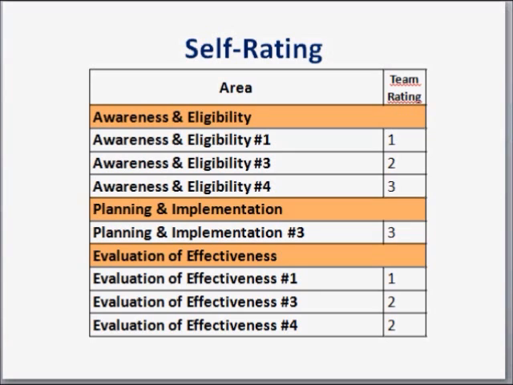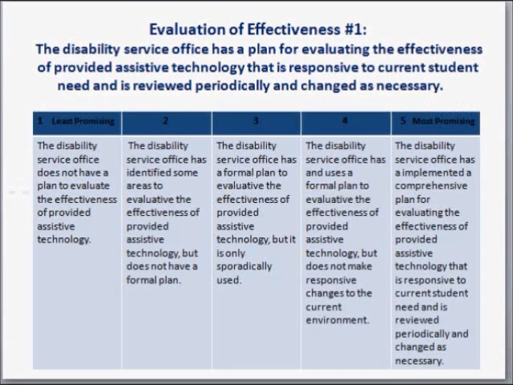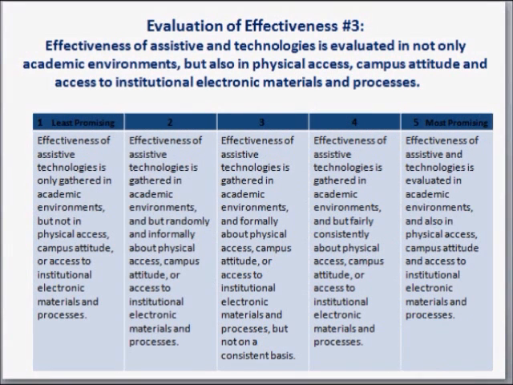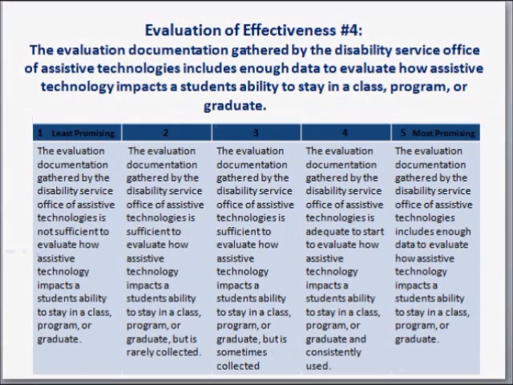We're going to use the evaluation of effectiveness indicators as an example of how they created action plans in each of these three areas. In order to do that, the team went back to the actual self-evaluation matrix and looked at the range of services in service descriptions in evaluation of effectiveness. They did that for indicator 1, for indicator 3, and for indicator 4, which were the three indicators where they had the lowest ratings.